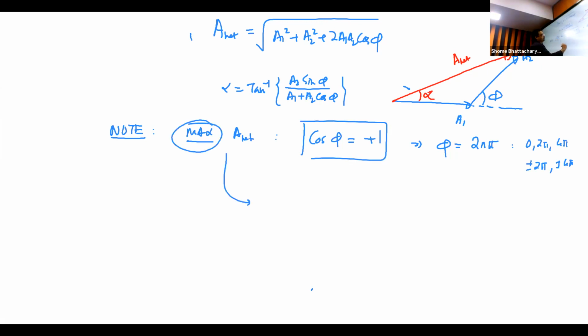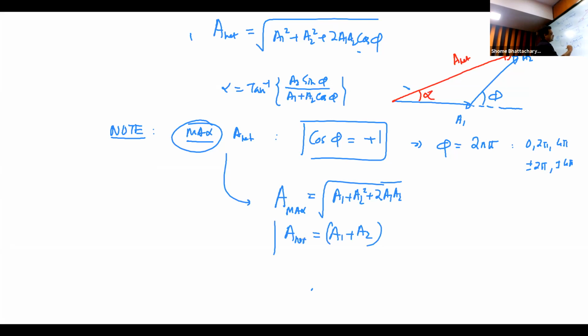So the maximum value of net amplitude, as you can remember from even that application in simple harmonic motion we had seen, is going to be when cos phi is 1. So that is going to become square root of (A1 plus A2) whole square. So that is going to be A1 plus A2. So when this happens, the net amplitude is coming out to be the maximum value. This situation is given a special name and it is called constructive interference.